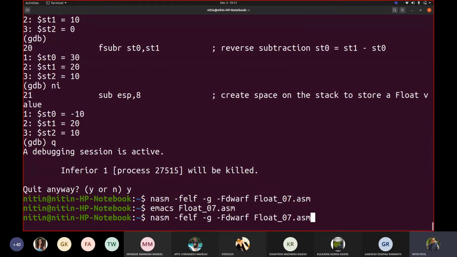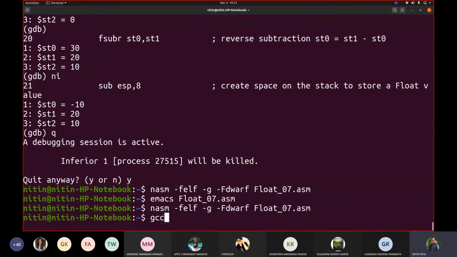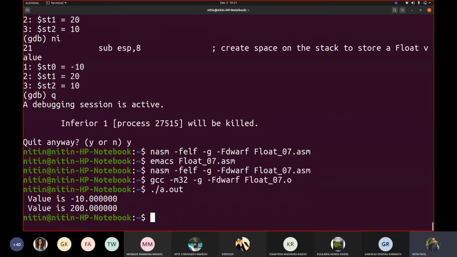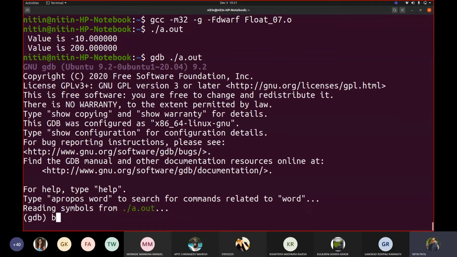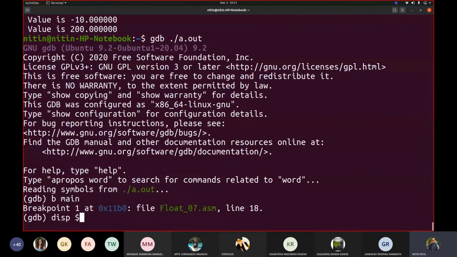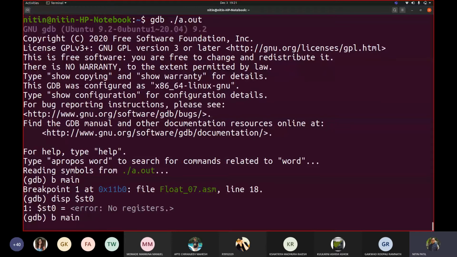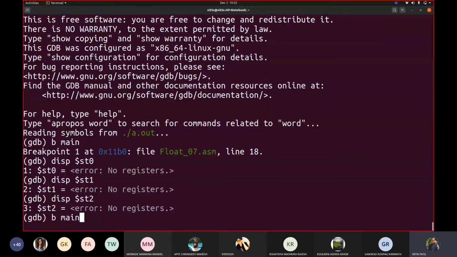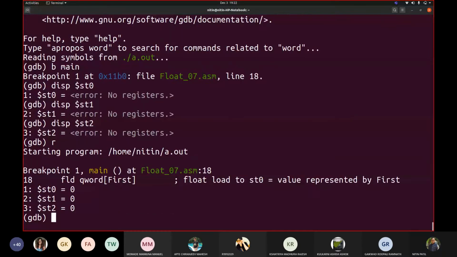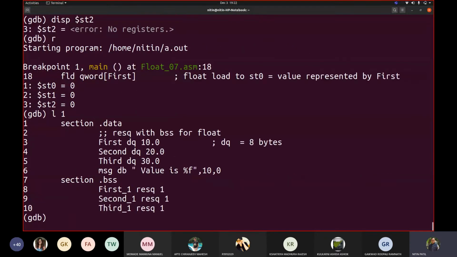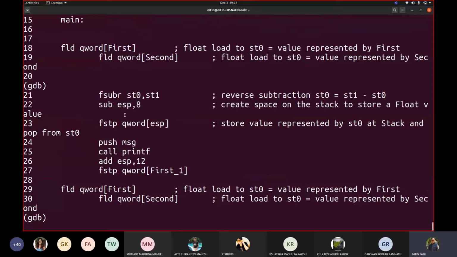So nasm 07, gcc 07, execute. Fine. Let us write gdb a.out, breakpoint main, display $st0, st1 and st2. Sorry, we already gave breakpoint main. We'll jump directly to this. We already saw fsub and fsubr. We'll jump directly to this place, b 29.